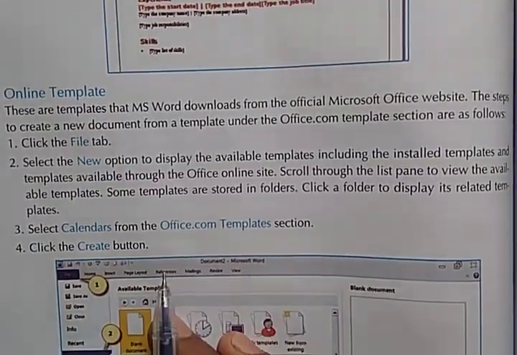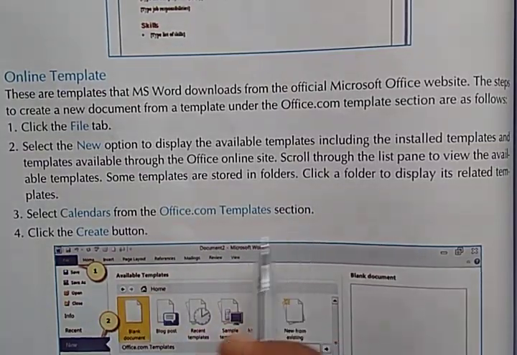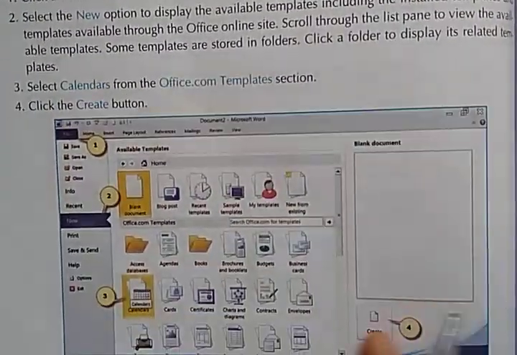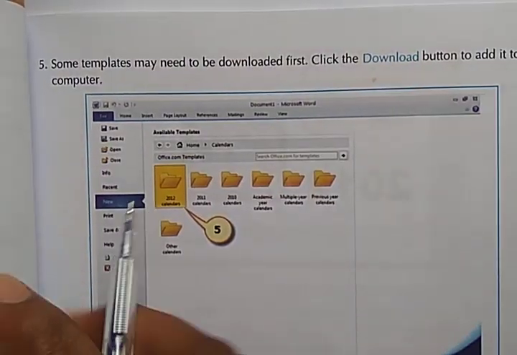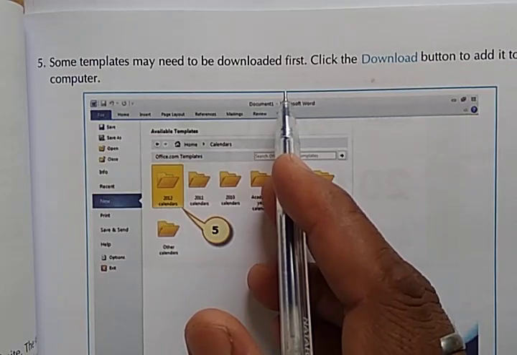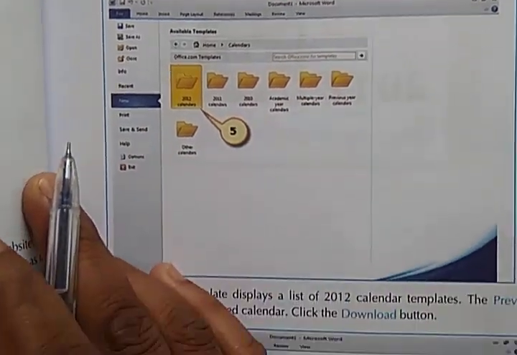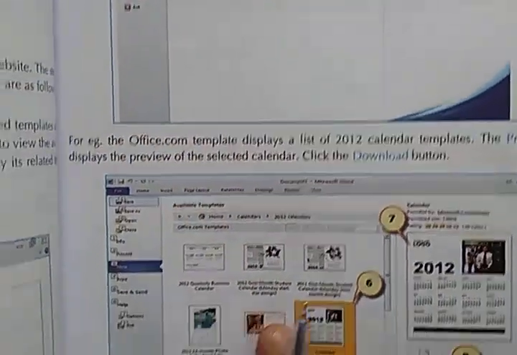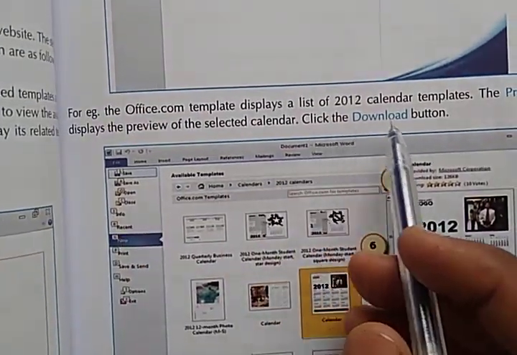After that, third, select Calendar from the Office.com Templates section. Number 4, click the Create button. Number 5, some templates may need to be downloaded. First, click the Download button to add it to your computer. For example, the Office.com template displays a list of 2012 calendar templates.